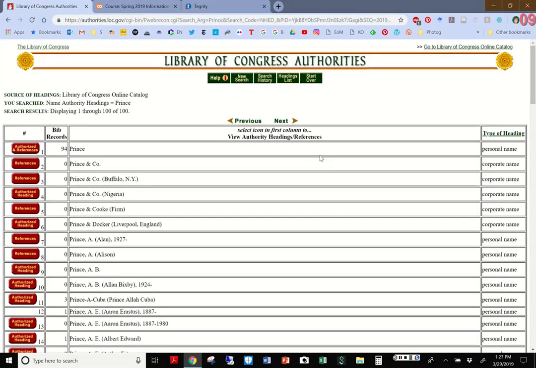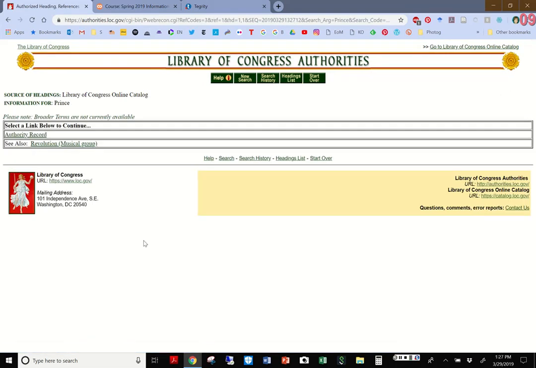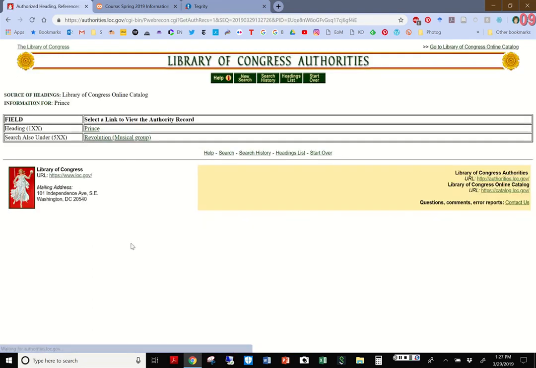You can see here that right at the top there is something called Prince. It's a personal name. There are 94 bibliographic records, and over here we have authorized heading and references. So you can see here under Prince we have an authority record, and we also have a musical group. I'm going to click on the authority record, and